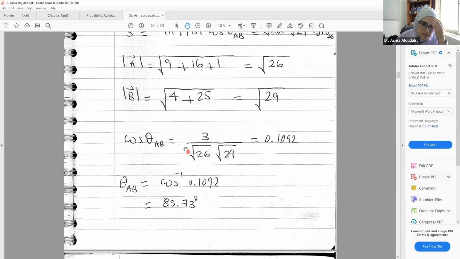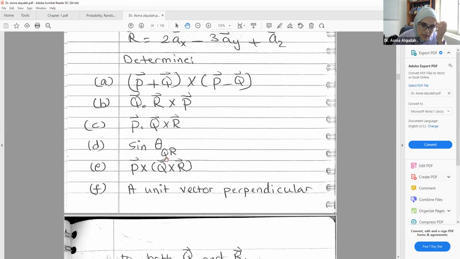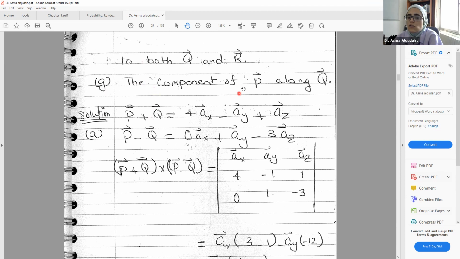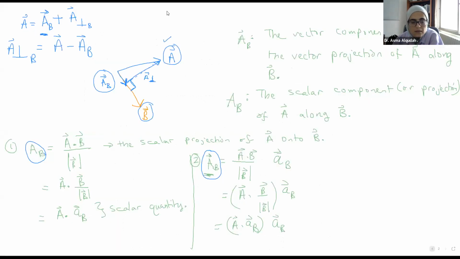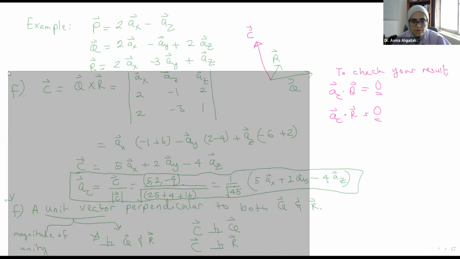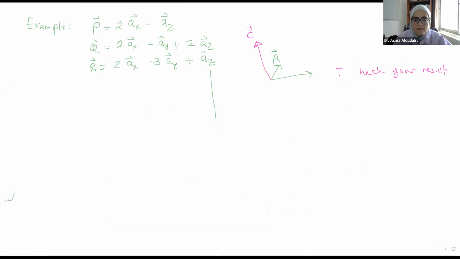Okay, let's get back to the long example where we stopped at part G. We had 3 vectors, P, Q, and R. The last requirement in this example is part G, which asks for the component of P along Q. Let's get back to the previous slide. Okay, so part G